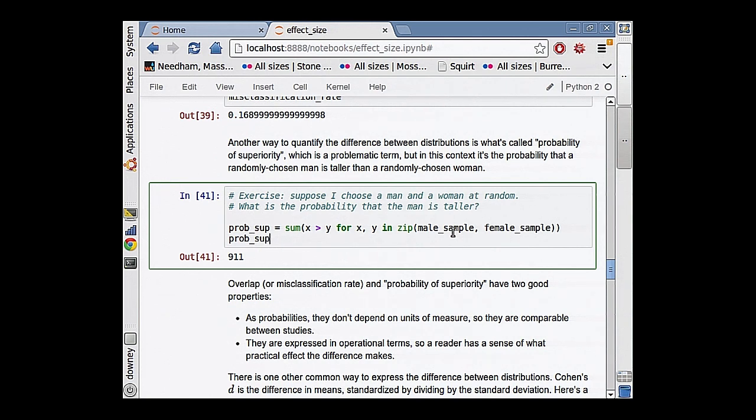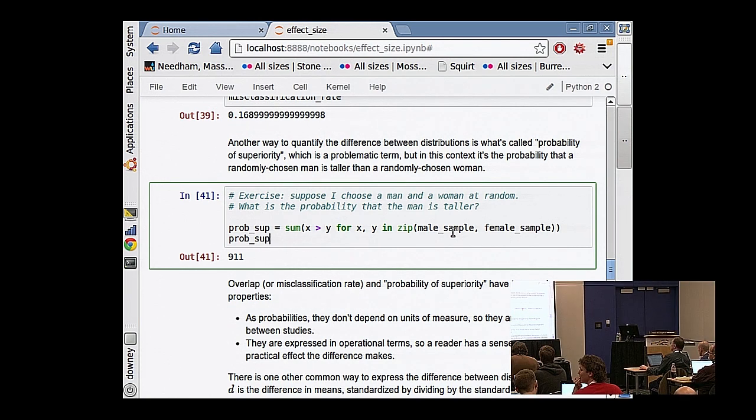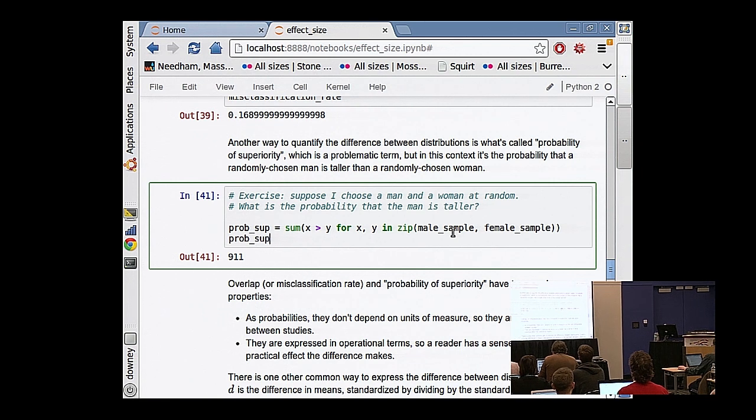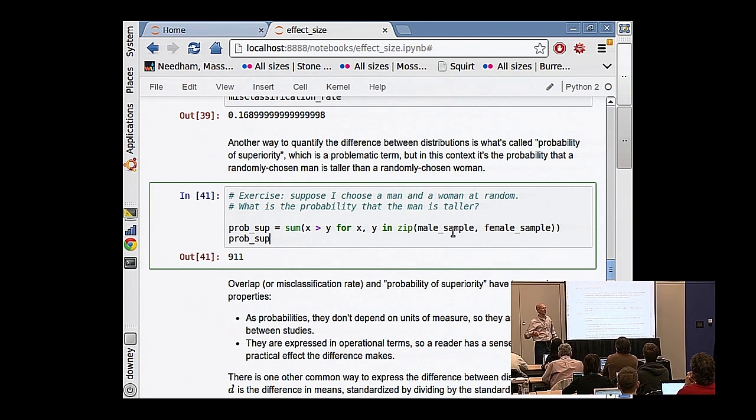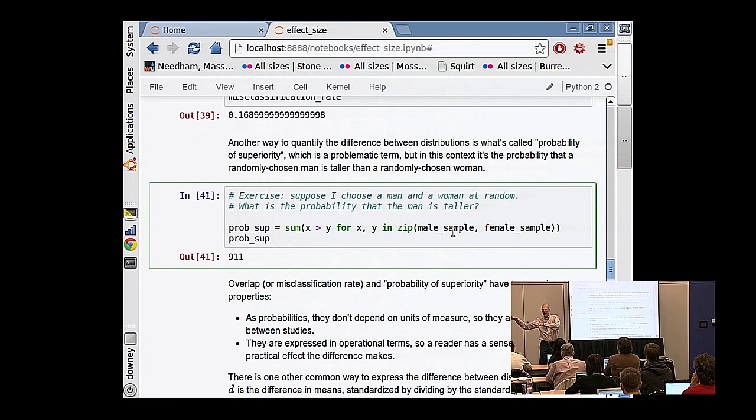Okay, let me stop you for just a minute. I want to go over the second exercise and introduce Cohen's d, which is the third piece. So I asked about, this is what I call the junior high school dance problem. If I have a bunch of the boys and a bunch of the girls and I match them up at random and make them dance together, what's the probability that I will have the girl taller than the boy? Which of course in junior high school would be a terrible thing if that happened.